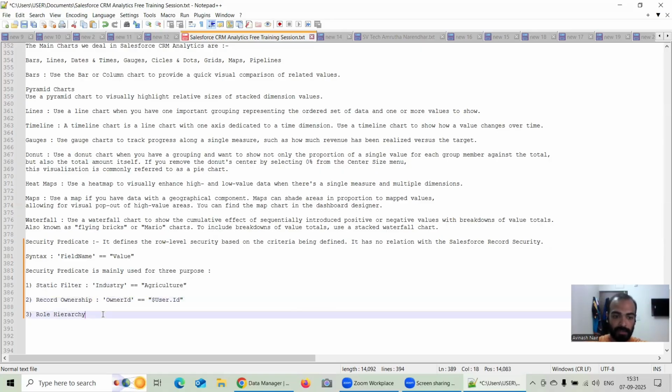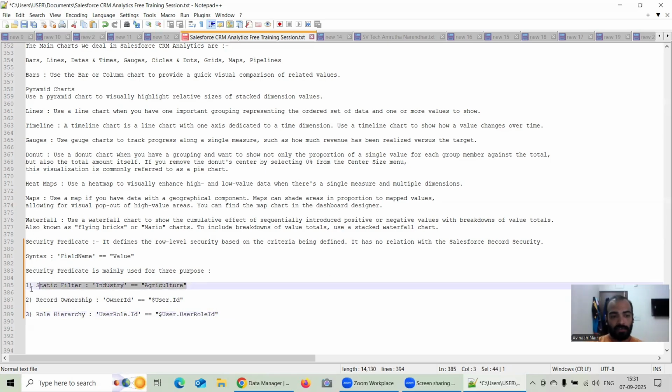And similarly, when it comes to role hierarchy, we use something like user role dot id is equal to dollar user dot user role id. But anyways, currently we will focus on how we can use the security predicate